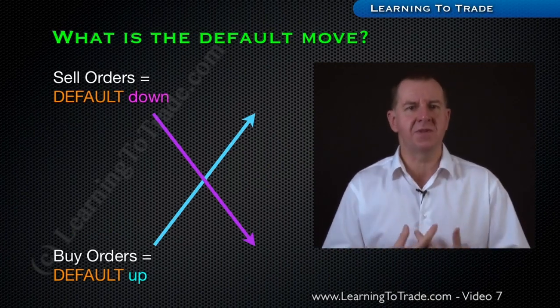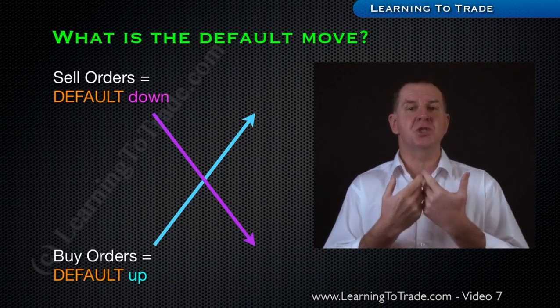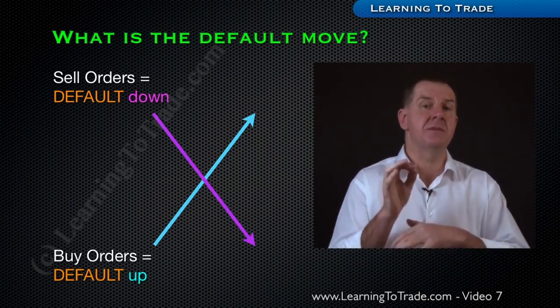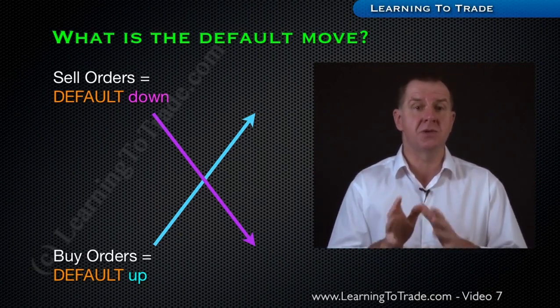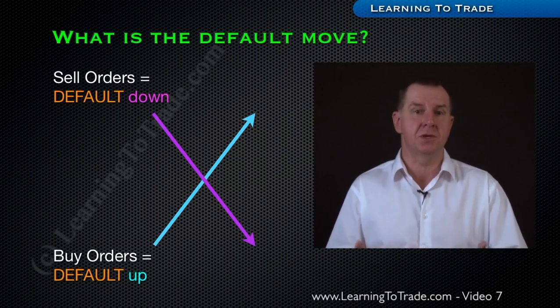The default here is something that must happen. If the market makers have been accumulating sell orders, it would be commercial suicide to then take a market in the upwards direction, because every time the market moved higher, the market makers would be losing money. The same likewise in reverse, if they've been accumulating buy orders.